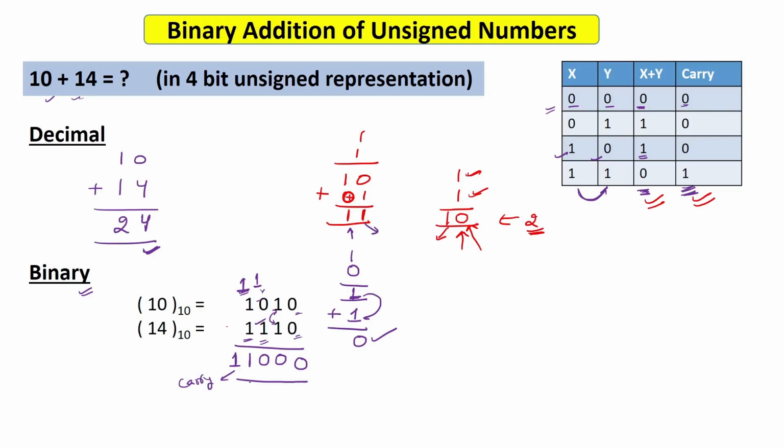Now here there is one question. If you represent the number which is in binary having 5 bits, 1 1 0 0 0, what will this number be? I had claimed that this number should be 24. So first let's see. This is 1, 2, 4, 8 and 16. So 16 plus 8 is 24. So this is 24 in decimal, and this is the correct addition.